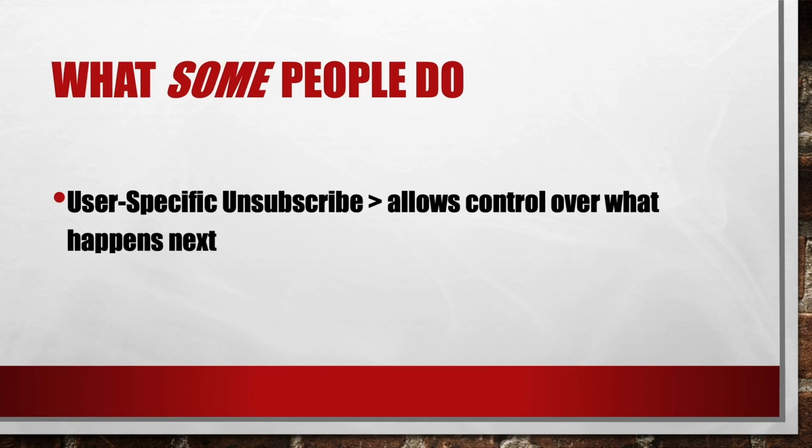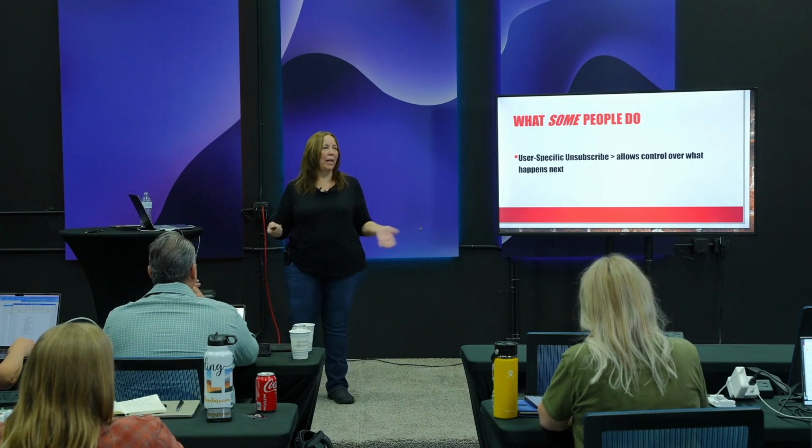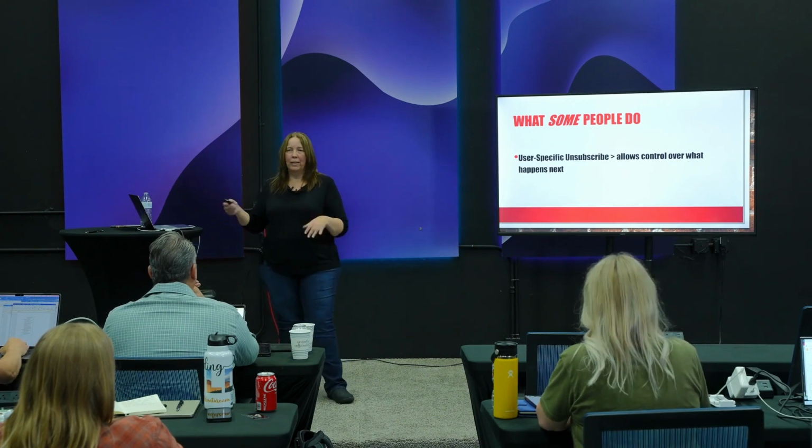Some people will do a user-specific unsubscribe of some sort that allows control over what happens next. So if you're in software like ActiveCampaign or Infusionsoft, you just have to use whatever they give you. Like, you don't get to choose how you let people unsubscribe from your list. The software controls it. If you heard my husband a few minutes ago from the back of the room saying she's a woman who likes options, I also like control, because control is how I get the results that I want. So I like this option of being able to control what happens next when somebody clicks on that link.